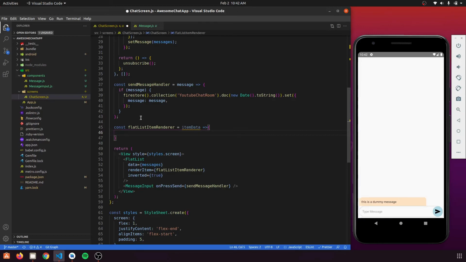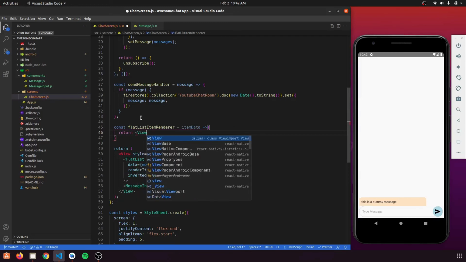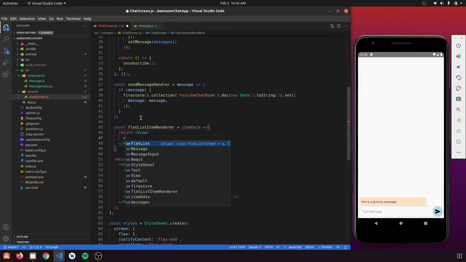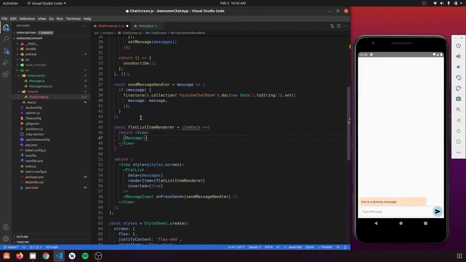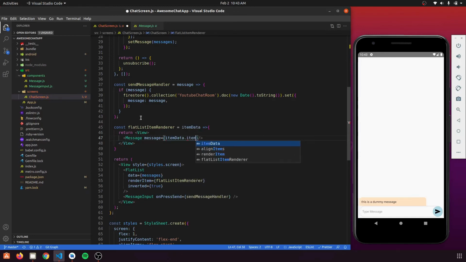So let's just create this, let's just return a view from here, and this view would have a message component here that we have created, and this message would be equal to our item data. Wait, item data dot item dot value. So for retrieving the item from item data, we are just going to do item data dot item, and this item contains id and value. So we are going to retrieve a value from there which is equal to our message,